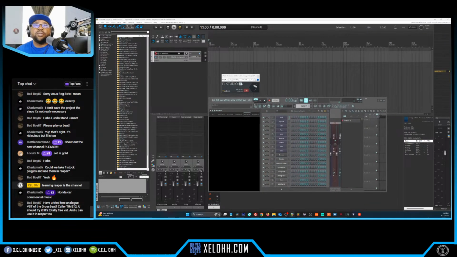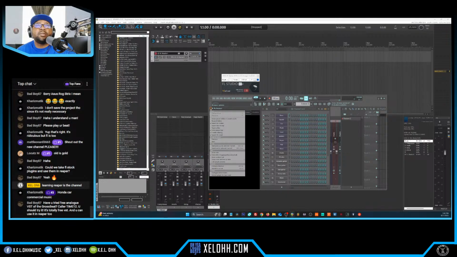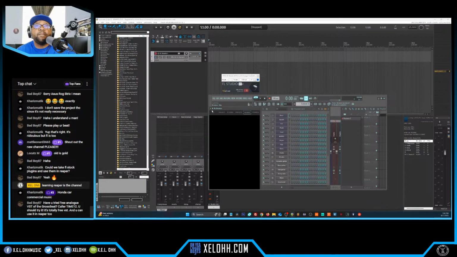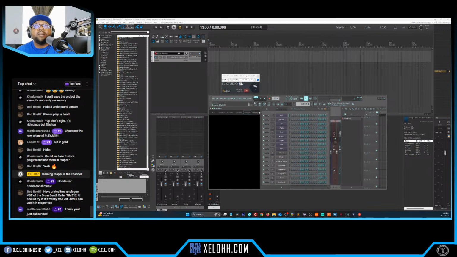FL Studio. So this is what it does. It pulls up FL Studio inside of Reaper. So all these things are still here. I don't remember how to move anything around inside of FL Studio. But anyway, so